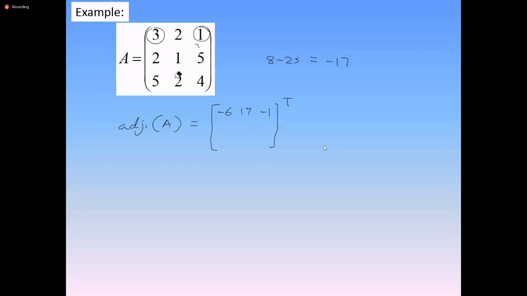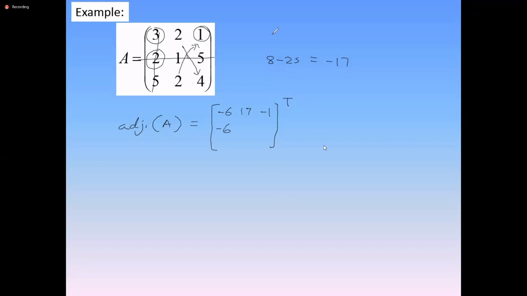Then we are going to calculate the second row cofactors. Here we select the second row first element. Then if you delete, then 2 by 4 minus 2 by 1. 8 minus 2, then 6. Here we have to write 6, but it is not in a diagonal position, then it is opposite sign with the value we get here. That is 6, then minus 6.